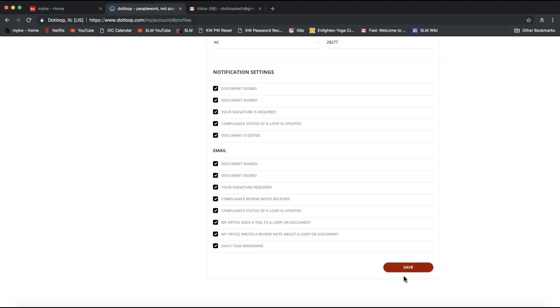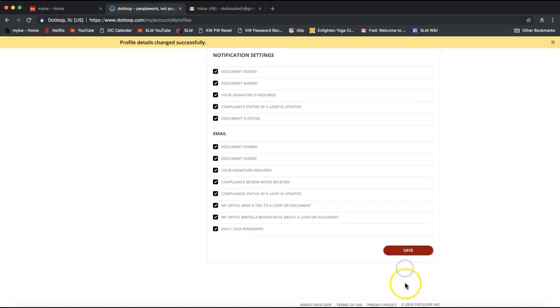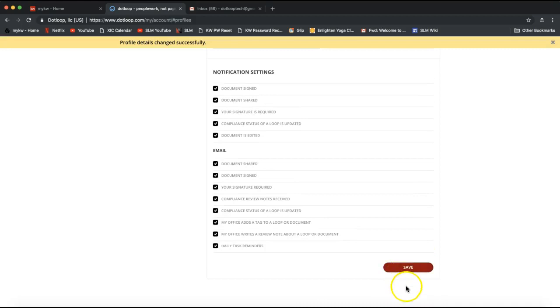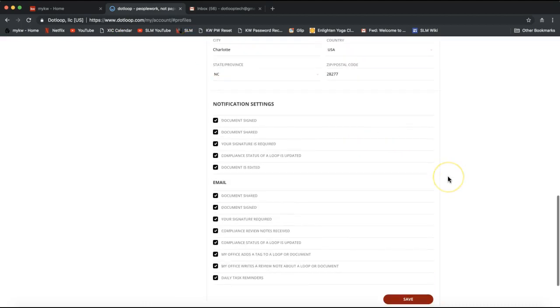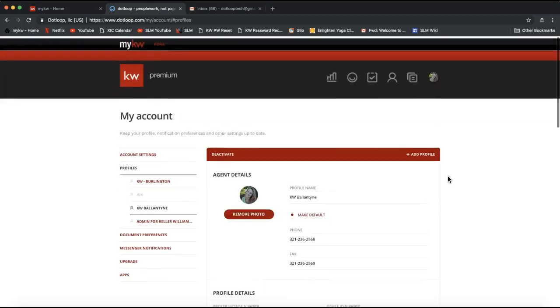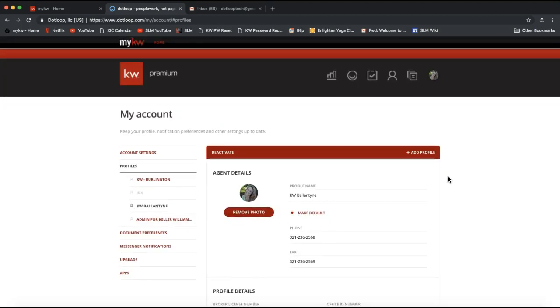Okay, we're clicking Save on the bottom right, that big red button, and congratulations, you are done with the housekeeping. Let's get into more fun stuff with your forms. All right, so again, don't forget to click Save on the bottom right, that big red button there. You will see a yellow bar always confirming the save was successful anytime you save something in Dotloop. Makes you feel a little better, and then let's scroll up to the very top of our screen,